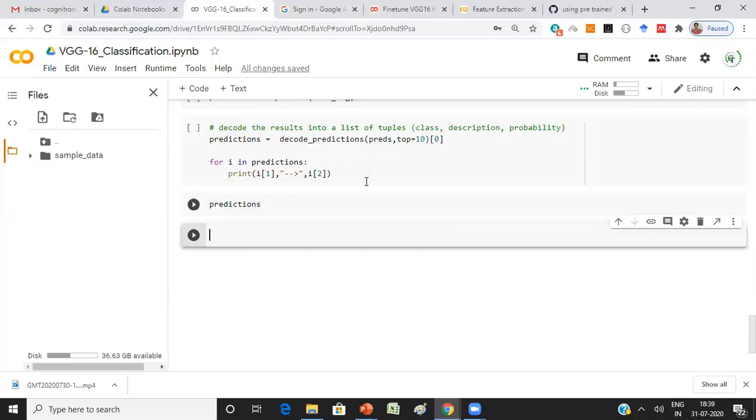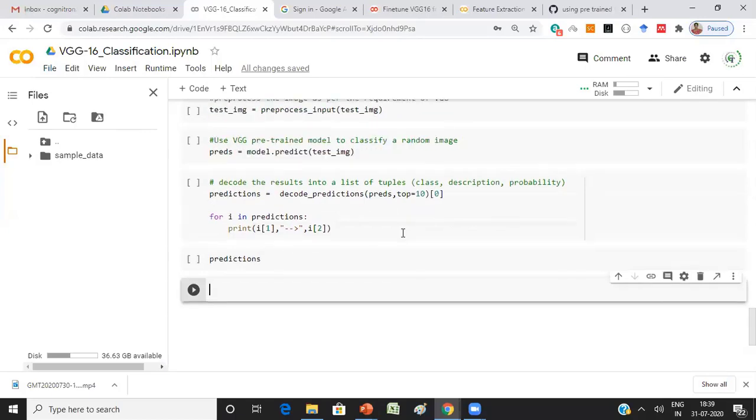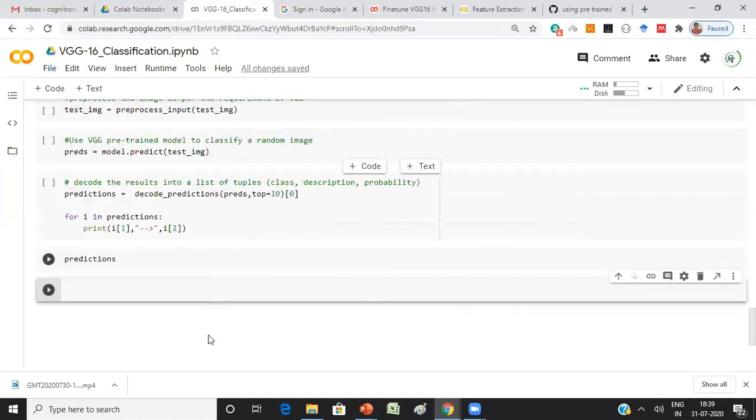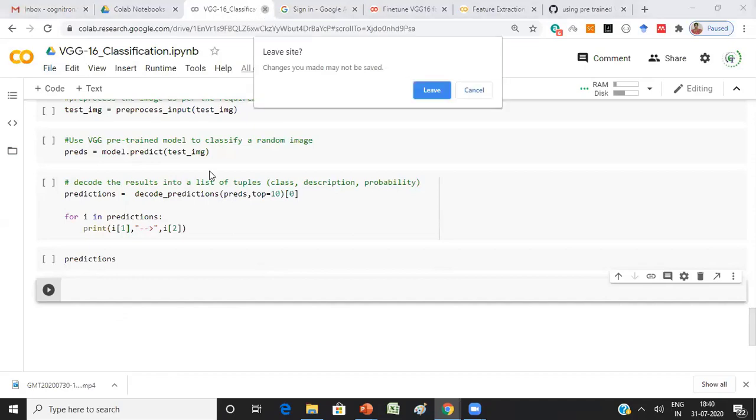What kind of output is the model giving? If it is an elephant, it shows it's an elephant. Similarly, for a leaf, it will show it as a leaf only. But it will not tell us whether it is a diseased leaf or a non-diseased leaf. So you cannot use this kind of code. The pre-trained model, which is designed for random image classification, you cannot use it for your own task. That is the problem, and that is the reason why we need to go for fine tuning.